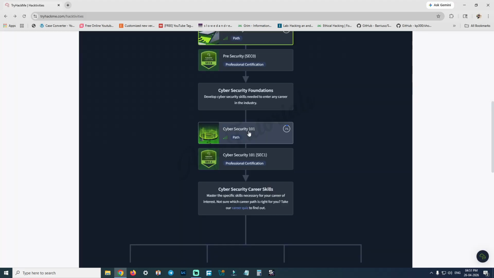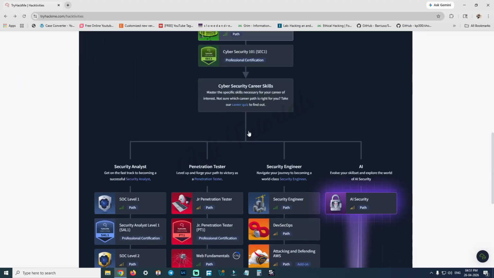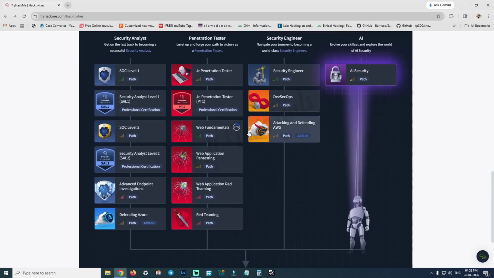Once your basics are clear, the next step is choosing a career path. Cybersecurity has many opportunities. If you enjoy monitoring attacks, analyzing logs, and defending systems, then security analyst is a great option. On TryHackMe, you can follow paths like SOC Level 1 and SOC Level 2 to learn real-world blue team